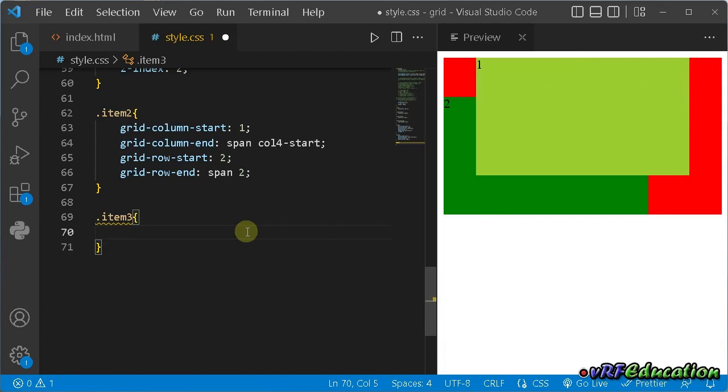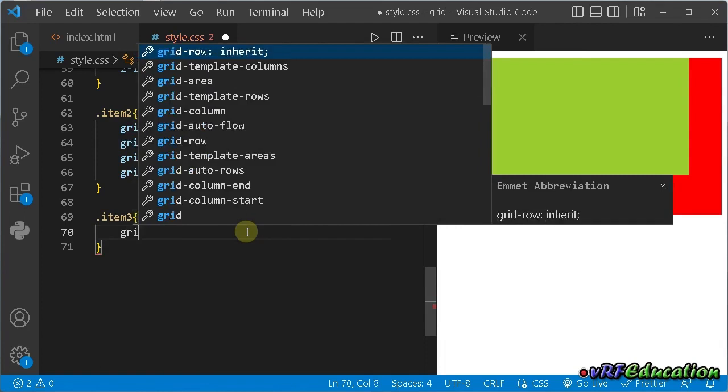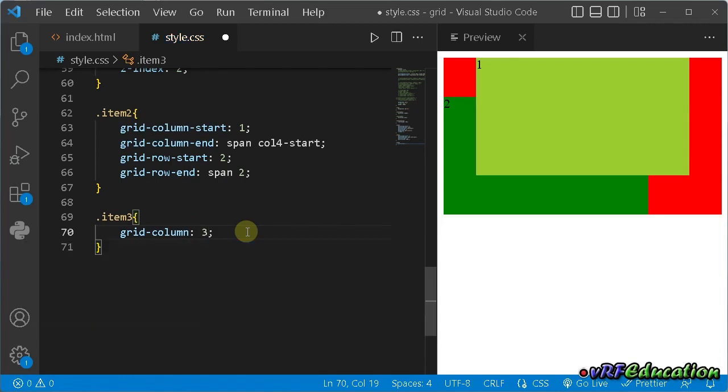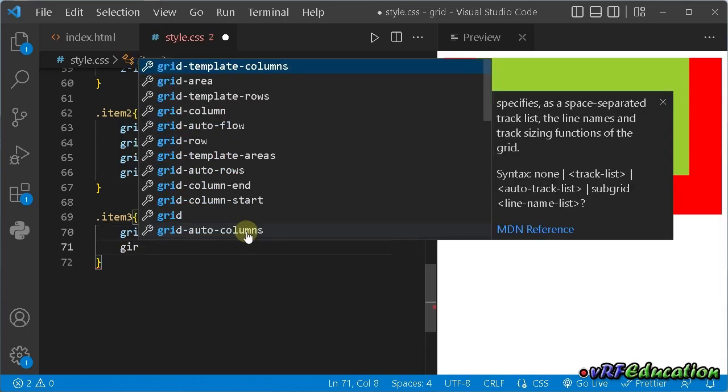Here the shorthand property for grid-column-start and grid-column-end is just grid-column. Now we specify the start column, and then a slash, and then the end column. So for this purpose, I used third as the start, and then a slash. I said you should span 2 grid tracks, and then for the grid-row-start and grid-row-end, we